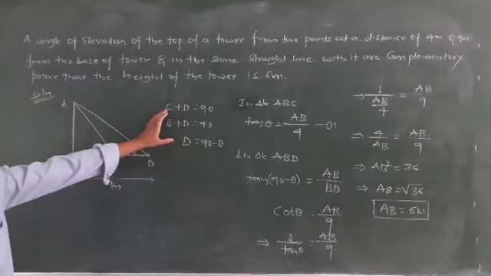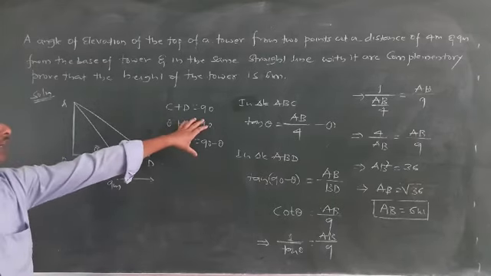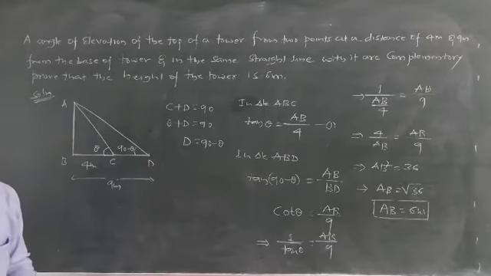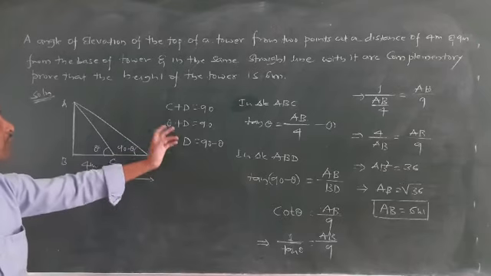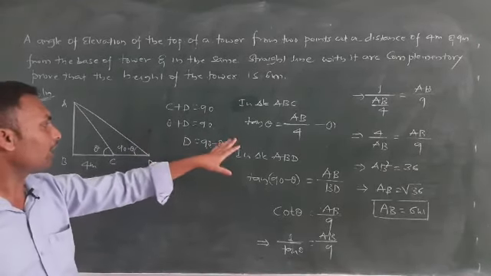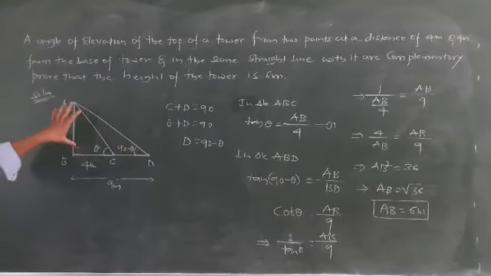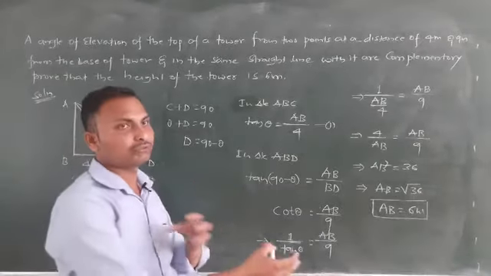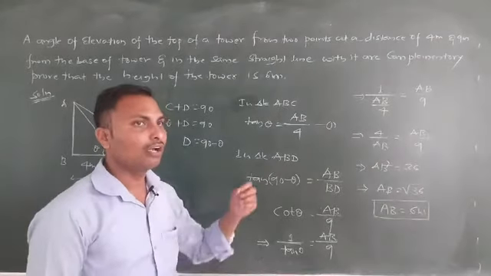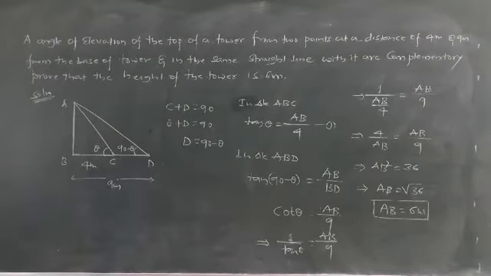This concept is very important. If the two angles are not given, we take C plus D equal to 90. So one angle we just consider as theta. So theta plus D is equal to 90 degrees. One more angle we need. To get that angle we transfer the theta to this side, so minus theta. So D is equal to 90 minus theta, and automatically we get one triangle. After that we took ABD, one more triangle, and we just substituted all the values and got our required answer. This is the question, and we got the answer here, and I hope that you understood very well.